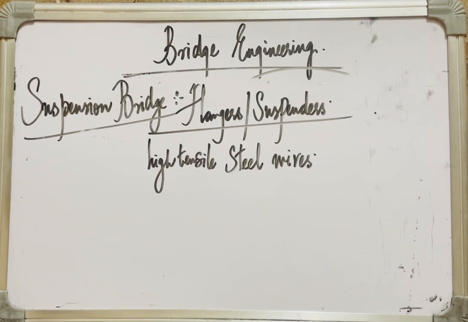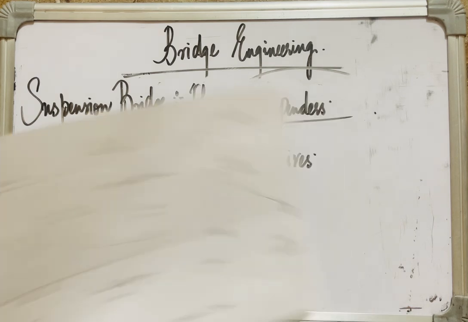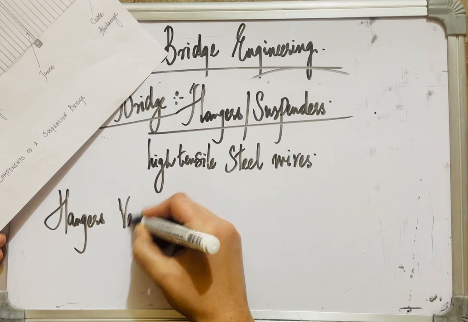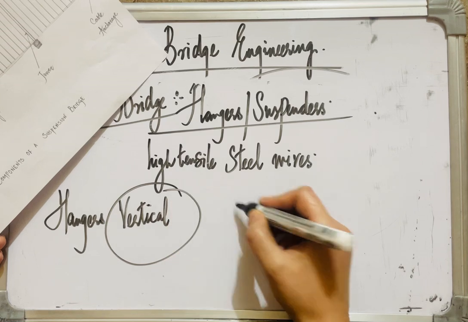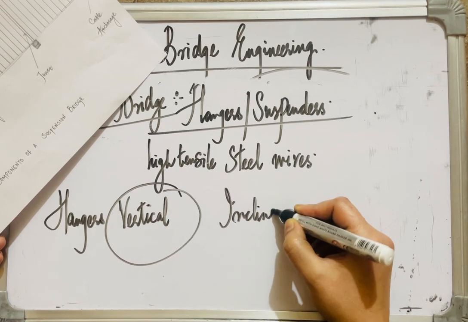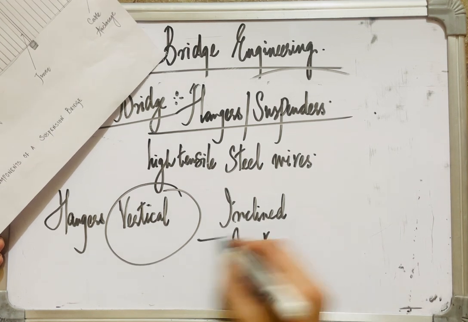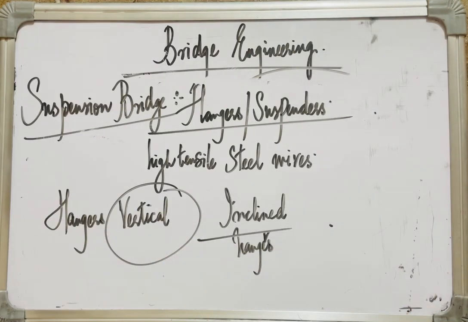All right, these hangers are usually vertical, but some suspension bridges have also used inclined hangers. All right, hangers are usually vertical in case of suspension bridges, but some suspension bridges have used inclined hangers. All right, here I have shown in the diagram there are vertical hangers, but some suspension bridges that have been made have also used inclined hangers,